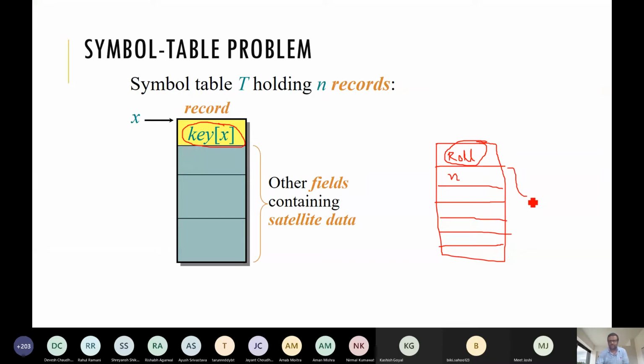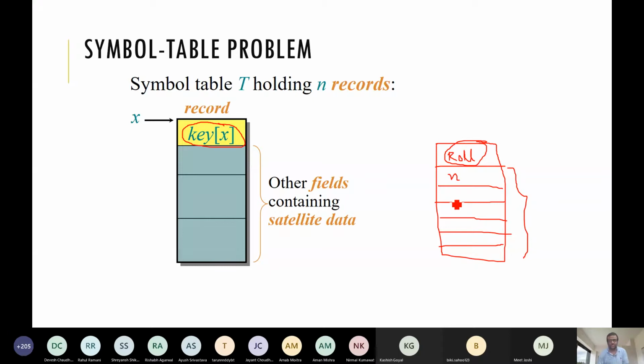Other fields you can call other data or satellite data. We'll do everything in terms of the key field only. The field which we are choosing, that is our key field, key of x, key of the record. We'll consider everything with respect to the value of that field. For example, we can take the key field to be our algorithm marks in the mid sem.